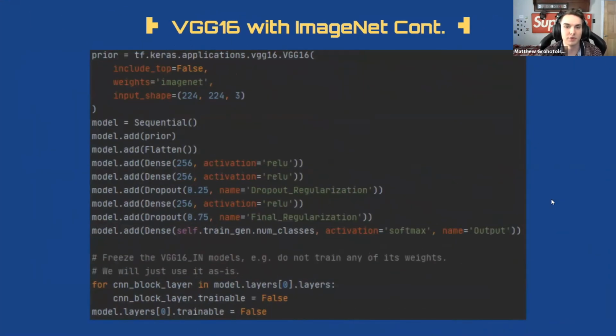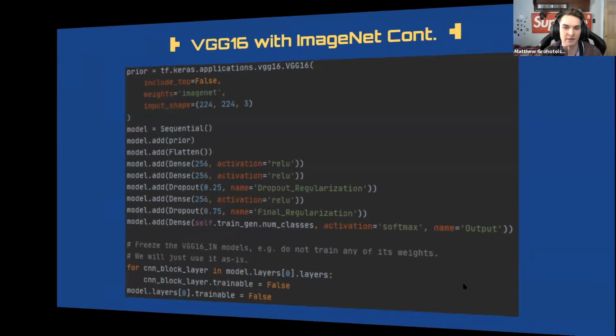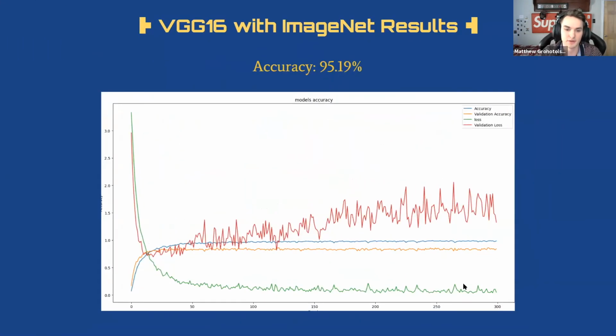And here's a little bit of code that goes along with the VGG16 with ImageNet. We can see just at the bottom here, setting the layer to be non-trainable. Without this, I actually tested it and it overwrote some of the ImageNet data and didn't give as good scores. But when we use that as the background, that's really the key to getting these good numbers here. So when training over the 300 epochs, we can see we ended up with an accuracy of 95%,